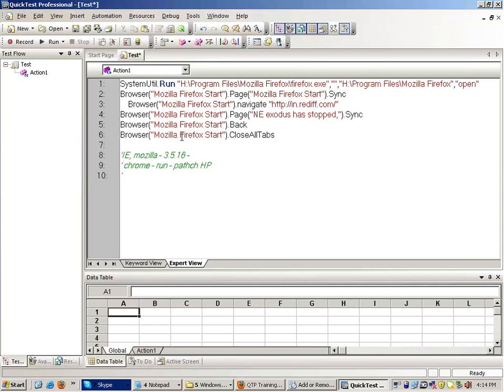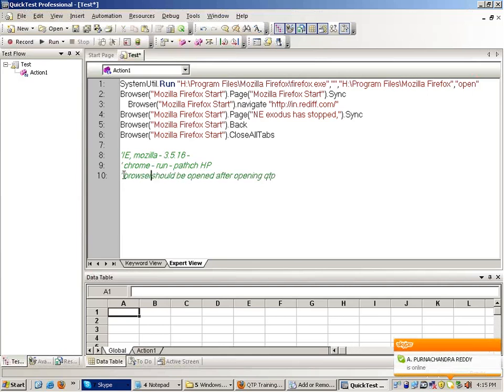Another rule is that the application should be opened after opening QTP. Application means the browser. It should not be that you open the browser and then open QTP and expect the script to run on that particular browser.